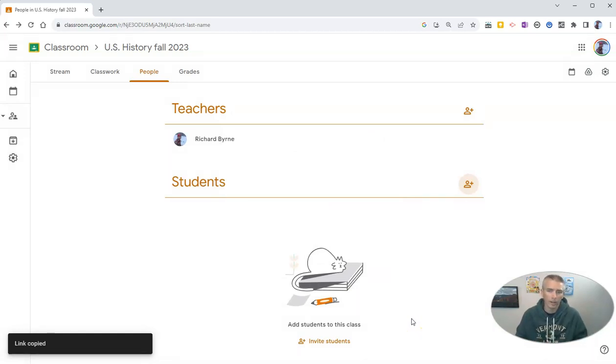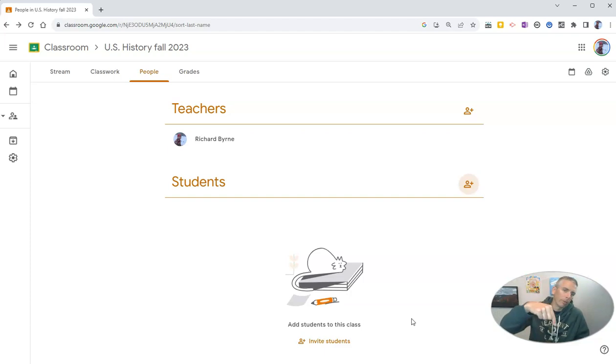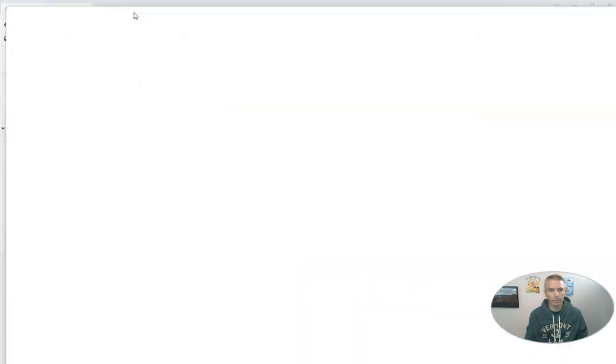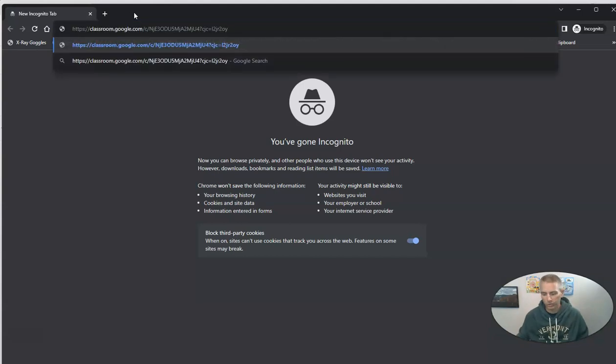That might be on a web page. Perhaps you turn it into a QR code. If you want to know how to make a QR code, I have a video about that linked down below. But let's take a look at how students use that invite link. And so I'm going to open up a new tab here. And the student's going to